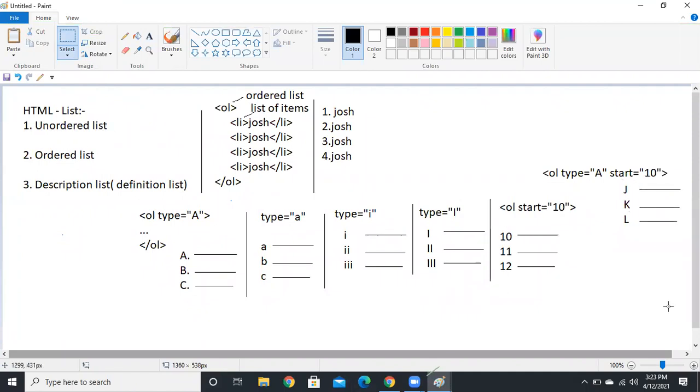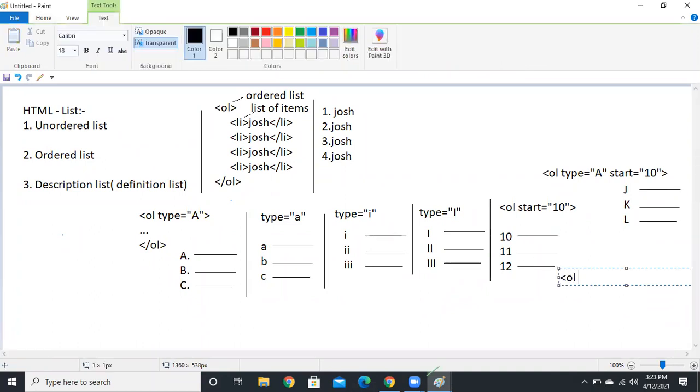Okay, and we can arrange in reverse also, guys. By default, you get 1 to 10. Now you want to go from 10 to 1. For that, we can use one more attribute, that is the reverse attribute, guys. Reverse just.